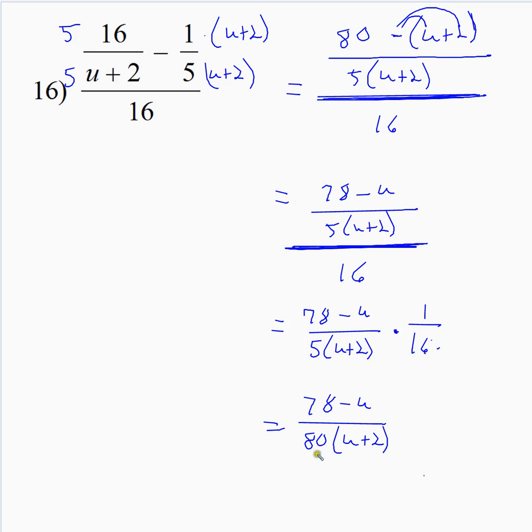And there's your answer. You could have also multiplied the 80 through that binomial and got 80u plus 160. I'm fine with either of these answers. So